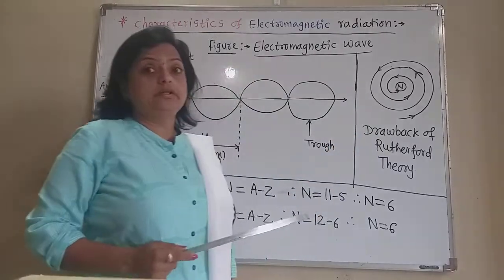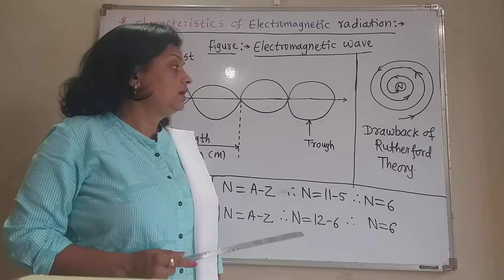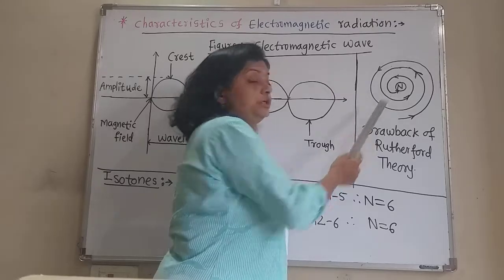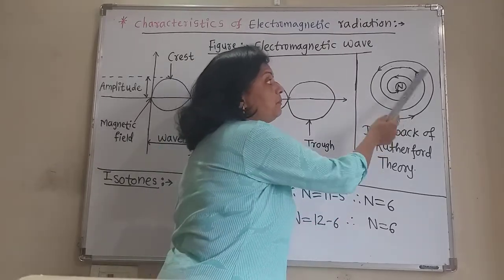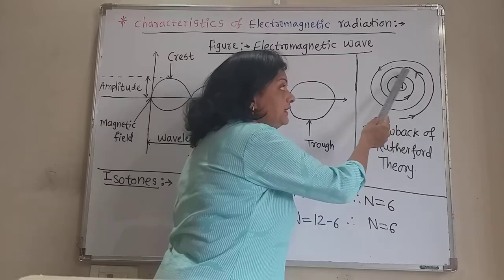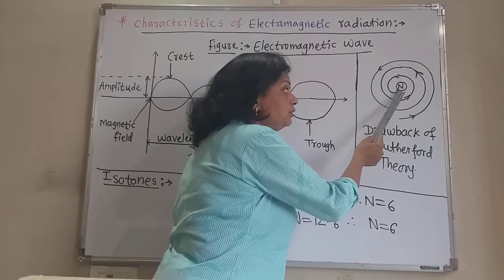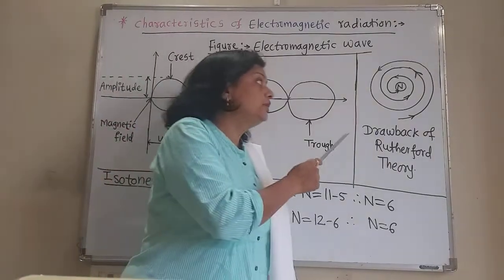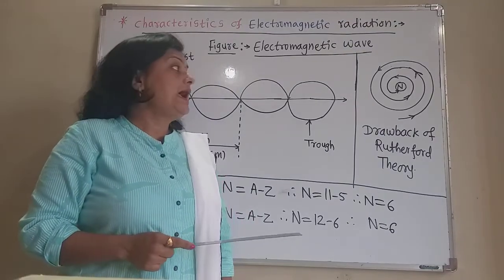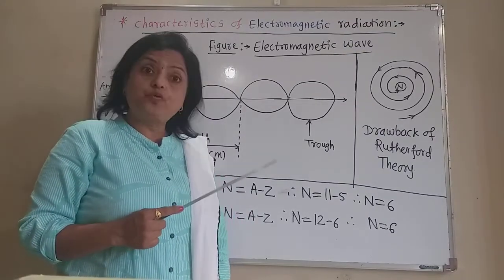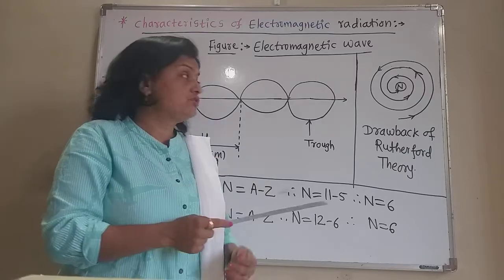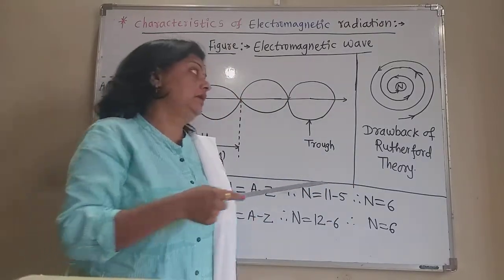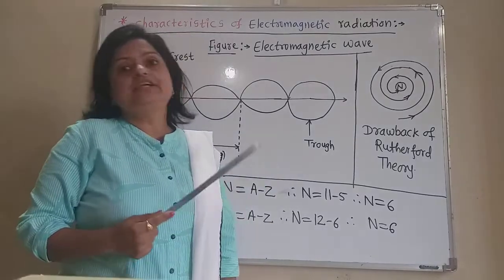The first, that is the severe drawback of Rutherford: Rutherford said that the electrons are revolving around the nucleus in a spiral path in this way, and finally it comes into the nucleus and drops there. That means the path of the electrons is not circular, and there is always an attractive force between the negatively charged electron and the nucleus. So the electron goes into the nucleus in this spiral path. But that is not true.